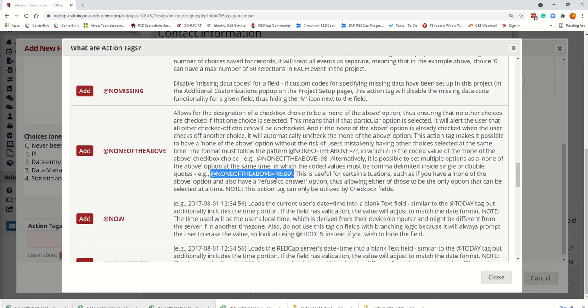So that number 45 is not really number 45. It's character 45. And that 99 is not number 99, it's character 99. So if you are referencing something that's a character, which a code is, you would have it inside quotation marks, and if you are referencing something that is a real number, so